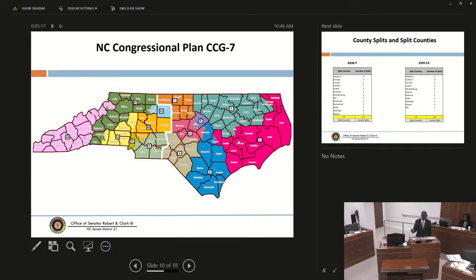And I haven't mentioned it before, but since it's on my mind, by the way, this map doesn't double bunk a single incumbent. So all the ones that are out there, they can feel safe. No double bunking of a single incumbent in this plan. But then that pretty much takes care of the West. I've achieved half of my objectives so far. We have 7 districts in the West. All of them are compact within major geographical regions in the state. All of them are consistent with regions that we have established before within the state, whether it be the economic regions, whether it be part of the ARC, et cetera. There's method to the madness, if you want to call it madness.